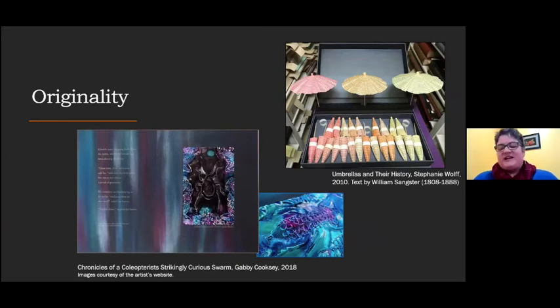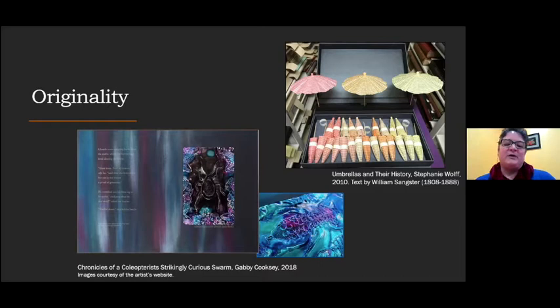So I'm always looking for originality. And I have to say that I've picked out a couple of works to show on this slide, but everything that you see in any of my slides definitely falls under both originality and craft. But I'm always looking for something that's a little bit off. I'm really looking for books that make me laugh or make me sort of take my breath in or really make me stop and think about something extra hard, because that's what I want our users to do. That's what I want our students to do. I want them to slow down and see the humor in an artist's book, or be amazed at how somebody created something.